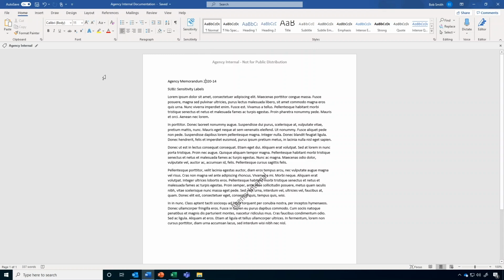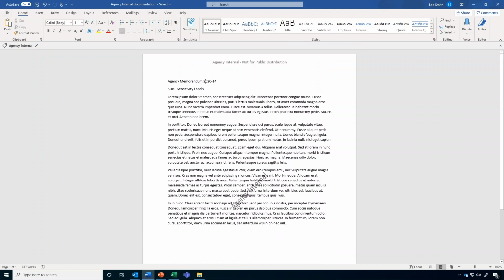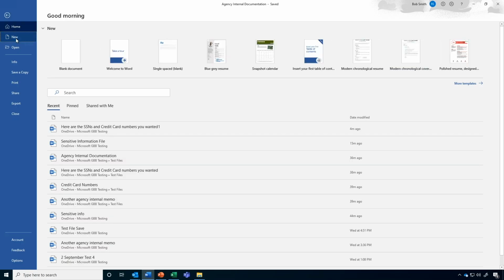You see in the upper left-hand corner an indication that this is now a labeled document. And inside the document itself, because we've configured the label to do so, there's been a header, a watermark, and then a footer applied to this particular document. So from a manual perspective, you can see the experience. If we create a new document